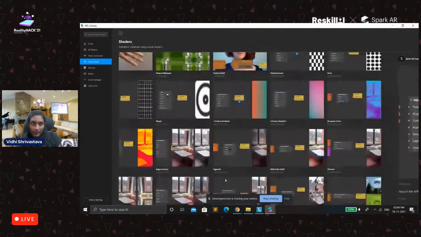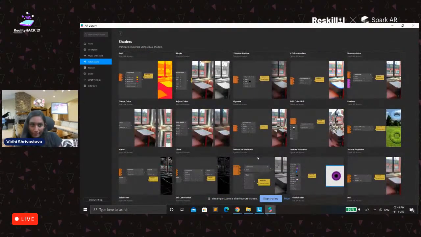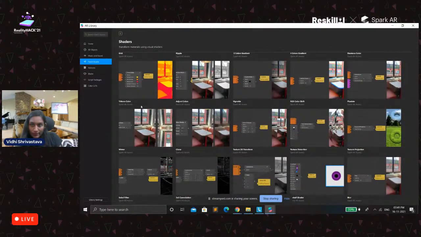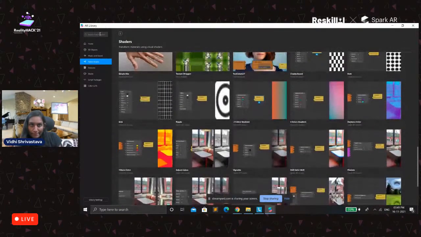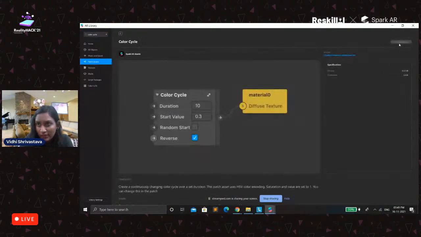And then let's find color cycle. We have this color cycle patch. Let's import this one. Okay, done.